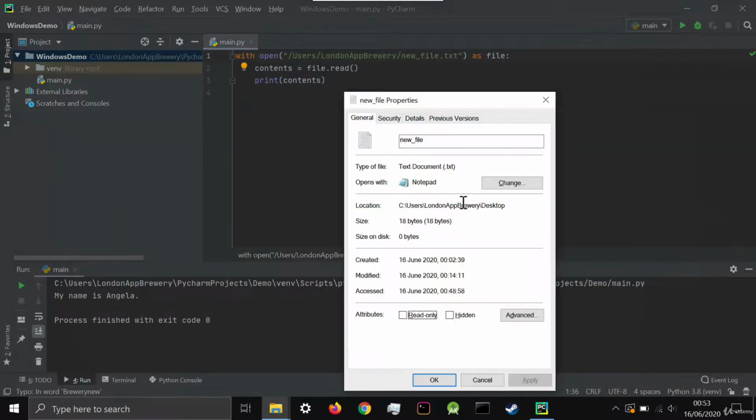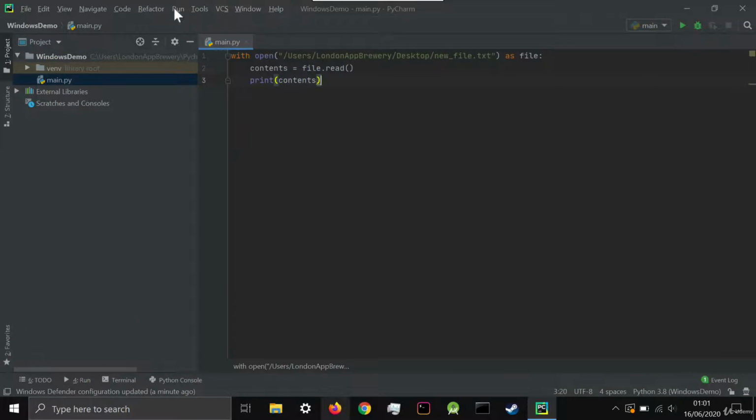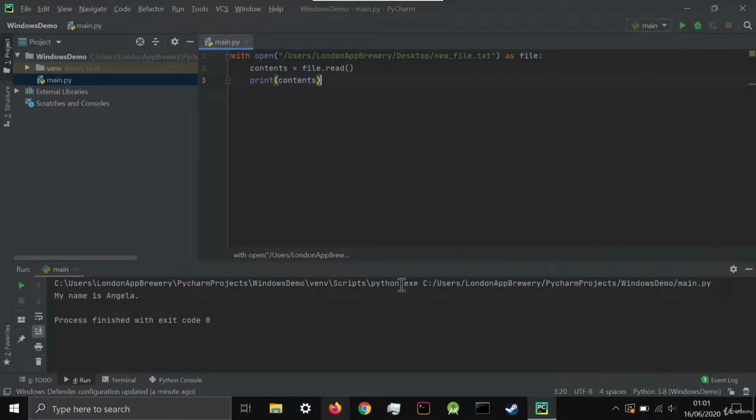And then we go to our desktop. And that is where it should find this new file.txt. So now when I hit run, you can see that it's able to fetch that file and print the contents